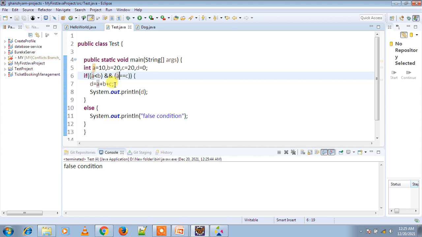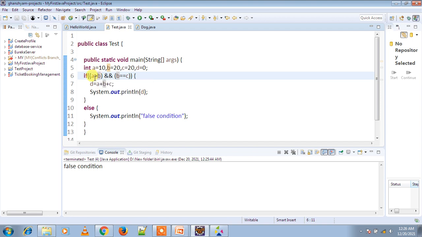So in the case of the logical AND operator, if any one condition is false, the result is false. Now we keep b equal to c, but here we are changing the first condition to a greater than b, which is false. In this case also the if block will not execute because a greater than b is false.